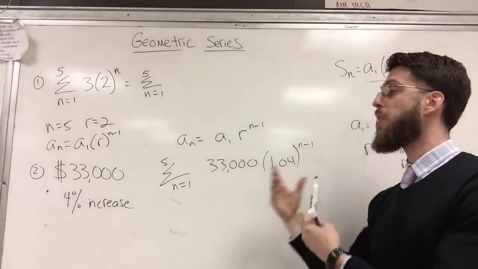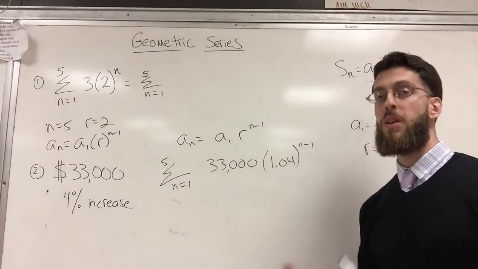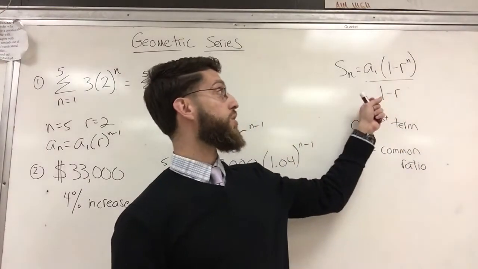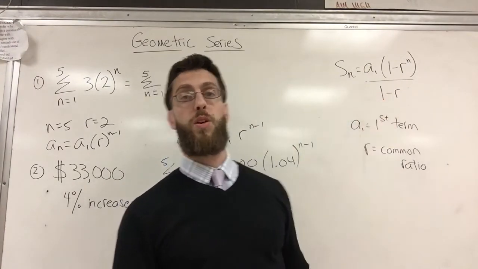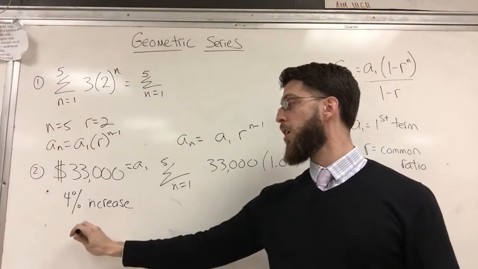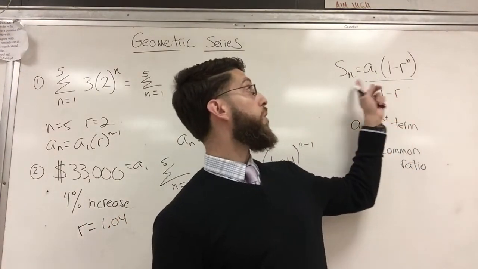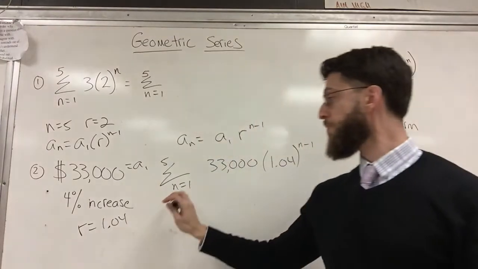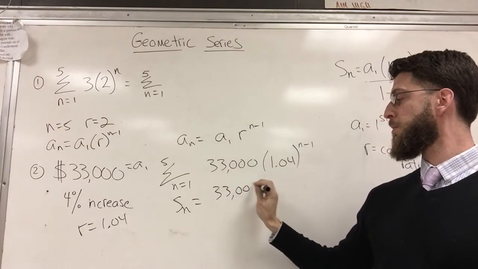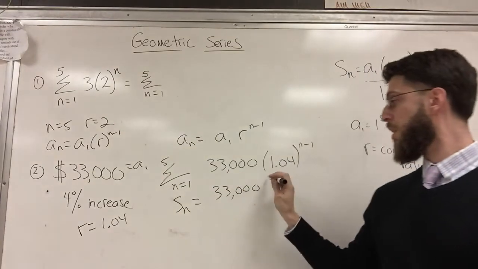My next term, then I'll start to get my money increasing, and you'll see what the second and third and fourth term is. But I don't need to know all that. I don't need any of this. All I need is this formula, because the question is going to say, what's the sum? So I need my A1, that's this, and I need my r, and my r is 1.04. So let's go. S sub n is equal to 33,000 times 1 minus